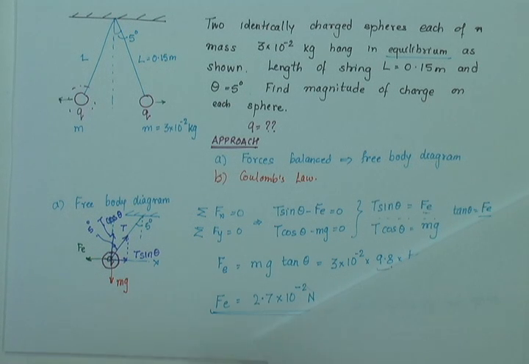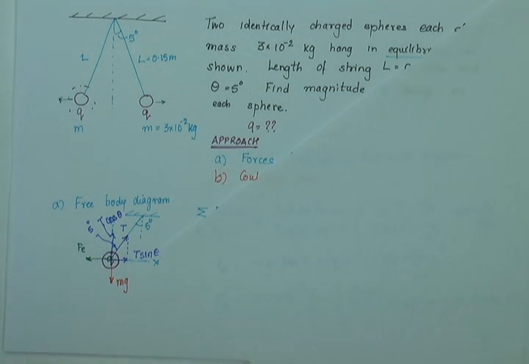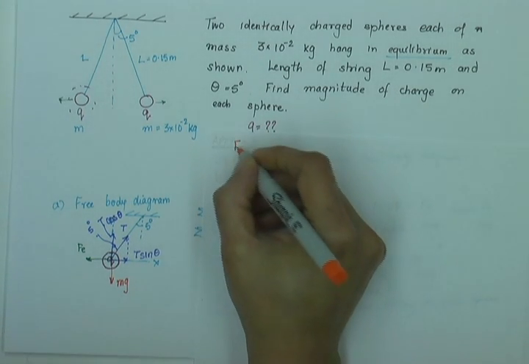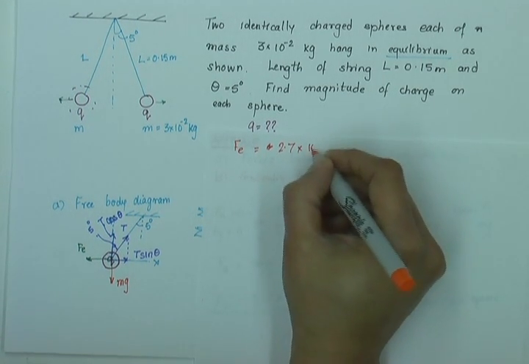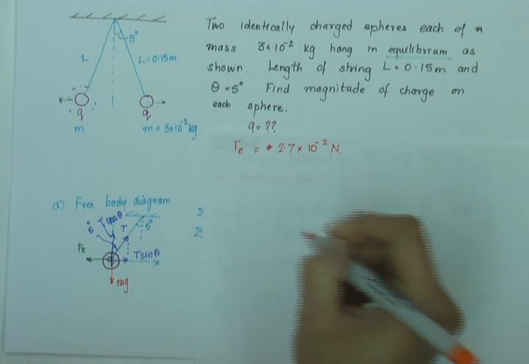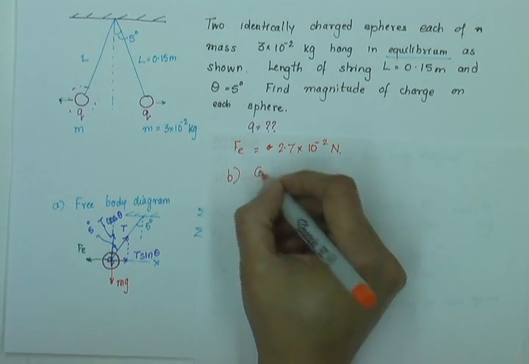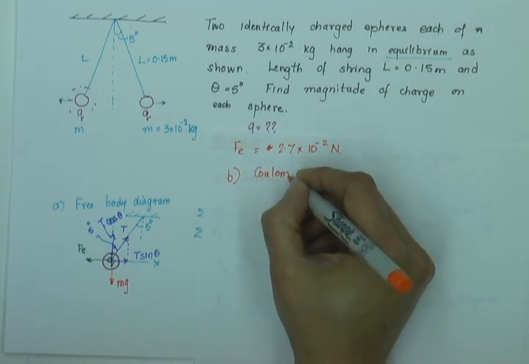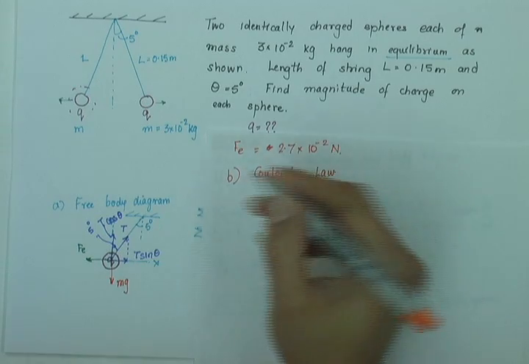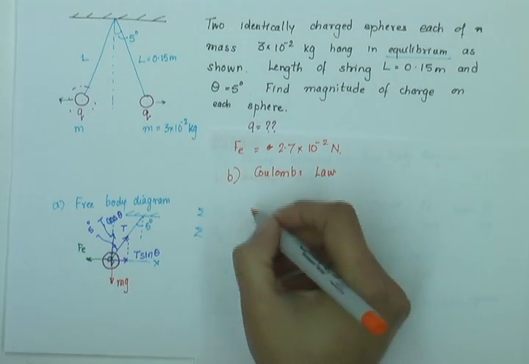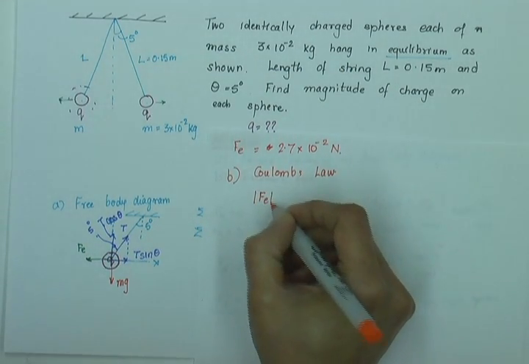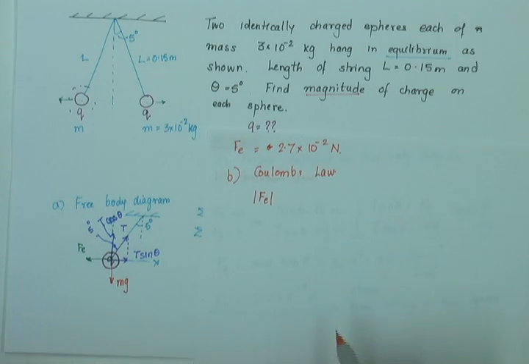I'll copy what my Fe was on this page. So 2.7 into 10 raised to minus 2 newton was my Fe. So I am on my part B, I am trying to apply Coulomb's law. And what Coulomb's law tells us is that if I have two charges separated by a distance d, then the magnitude of force Fe, and I am concerned only with magnitude